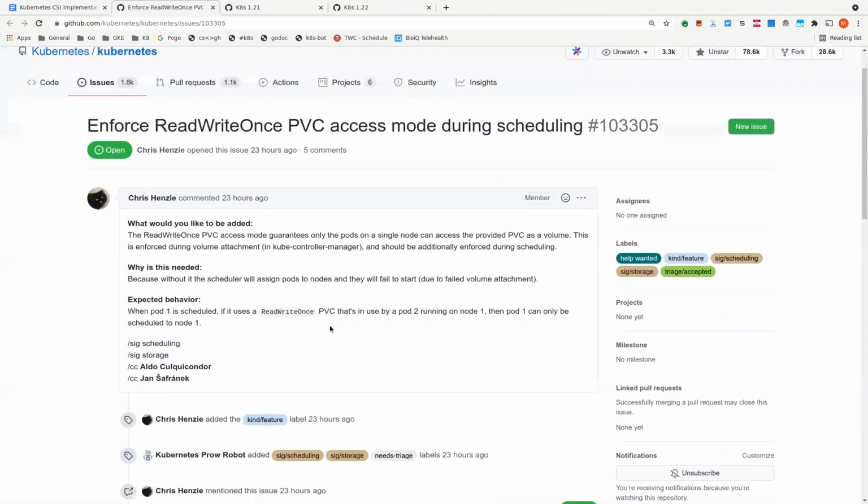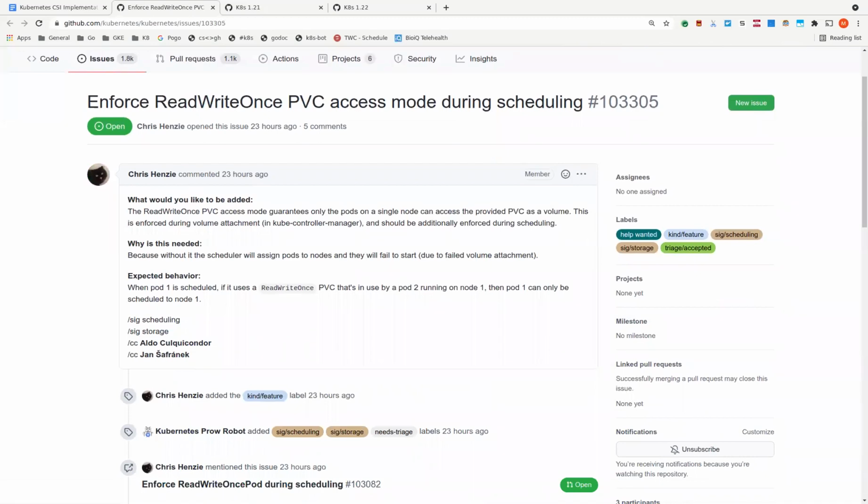So there was a question that came up in the API review of the read write once pod access mode pull request. Tim raised a question that was essentially saying, if we're comfortable scheduling pods that are destined to fail, the case being when you have two pods using read write once and one fails attachment, then why are we introducing scheduler changes now to enforce this access mode for this new read write once pod access mode? So it seems like we should either enforce it entirely in the scheduler or entirely in kubelet.